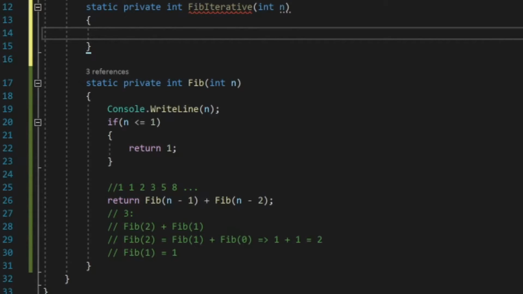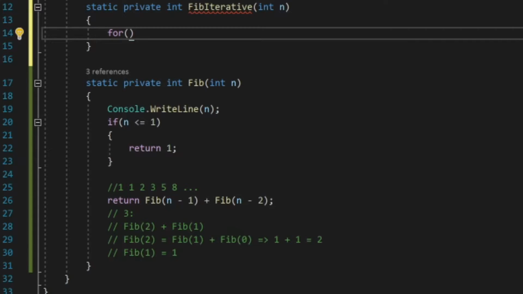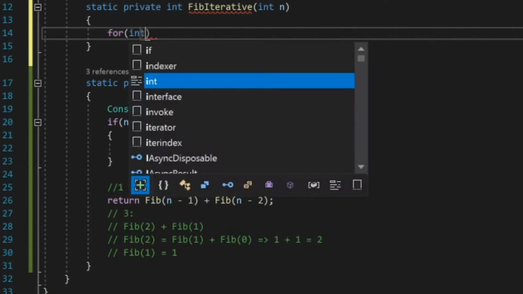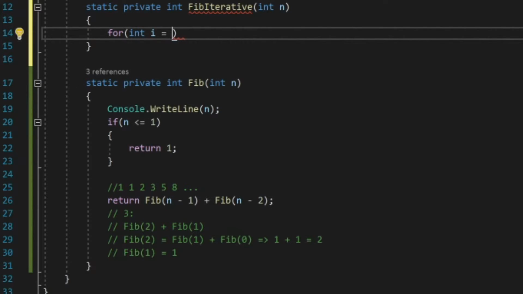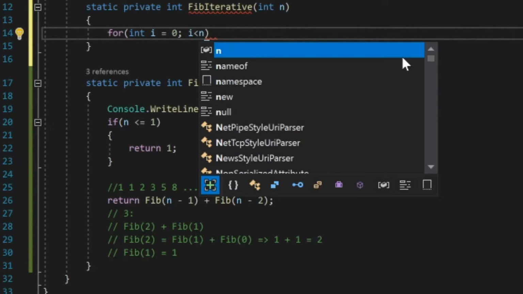So basically, we want a for loop. We'll declare our for loop using the keyword for. So for int i is equal to 0, i less than n,